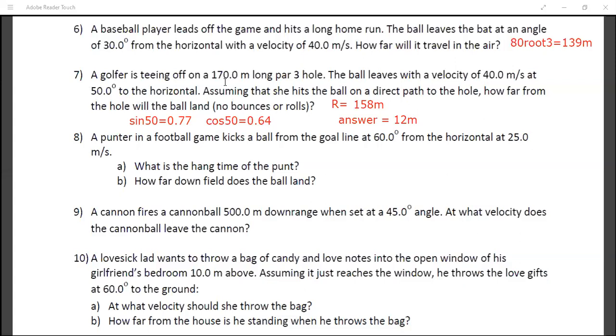So the time is also up. From 8th question to 16th question, you can just solve for the homework part. We can just discuss in the doubt sessions whenever we will have. And you are all being provided with the game to be played for the next chapter. So I hope you will be ready for next week. Coming Saturday, we are going to start with Newton's law. Hang time is the total time it is in air.